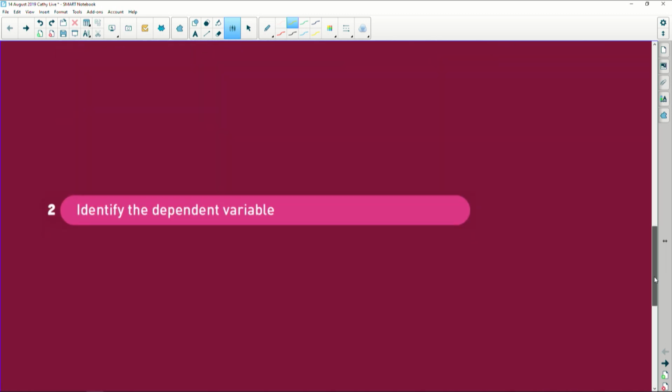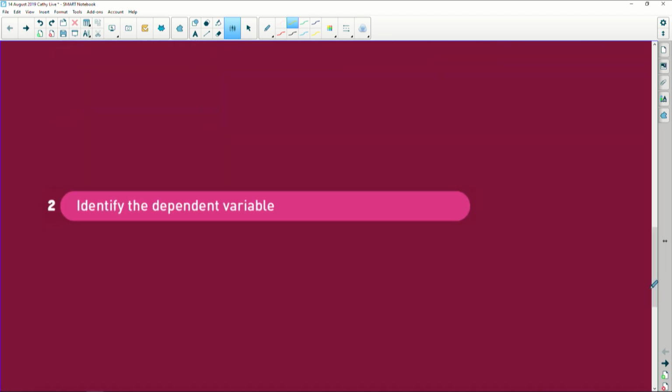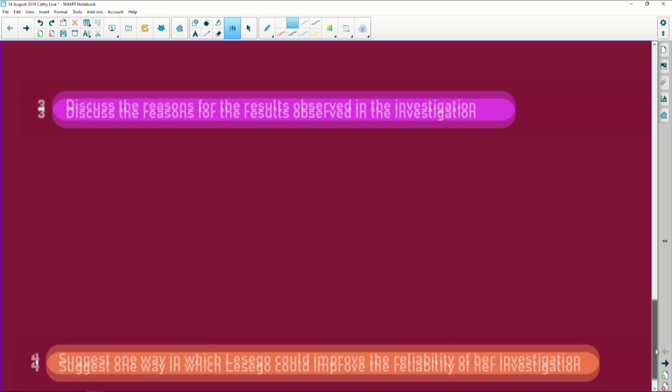And if we go down, what is the dependent variable? Well, easy. That's going to be the results. So it's going to be the growth of the shoot. Now, what I want to do here is I want to take this all the way down,